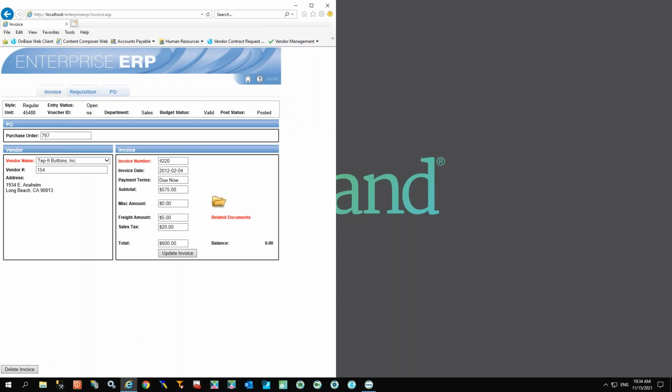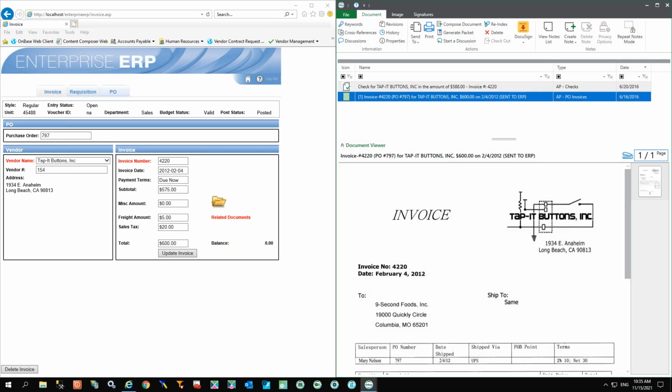So non-programmatically, point and click configured, we can set up OnBase where it's sitting here monitoring this line of business application. We're looking for a specific keystroke or mouse event that can then execute a query into OnBase, and in that separate window then displays the OnBase stored content related to that transaction.